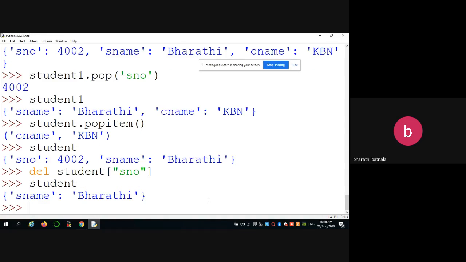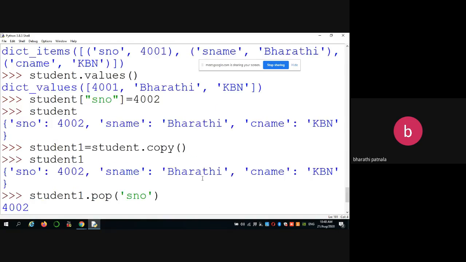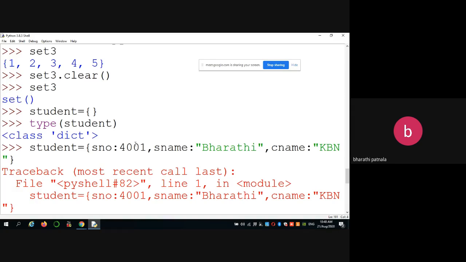Okay. So we have the pop function as well as the delete function. Okay. If you want to update, you can directly use that particular key element and update the value. Okay. So like that you can represent dictionaries.